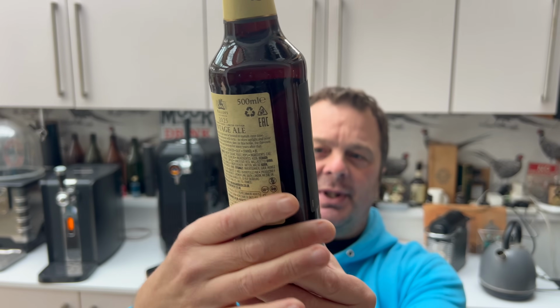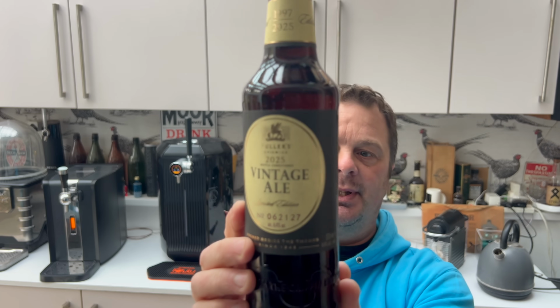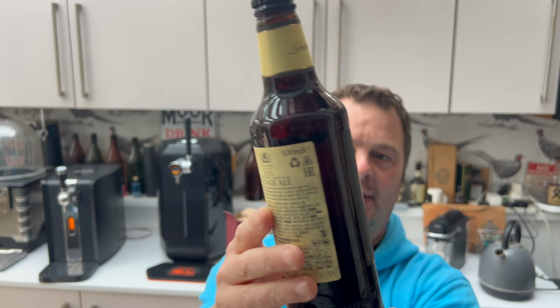I think they've been brewing this beer for decades now. It just becomes, for me, one of those beers that, in my mind, as soon as it hits early mid-October, as soon as we've done Oktoberfest, I'm starting to think Christmas beers. The supermarkets are going to start thinking about their Christmas beers now. And the first beer I always think about,